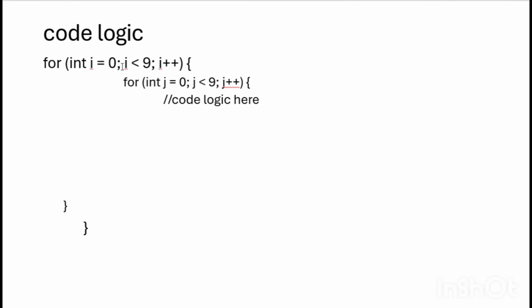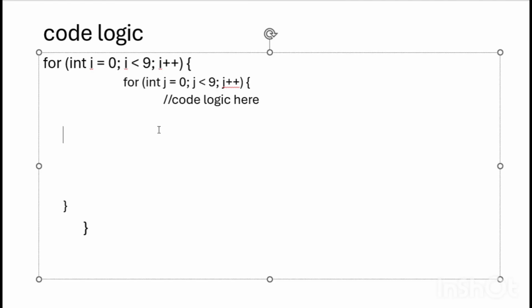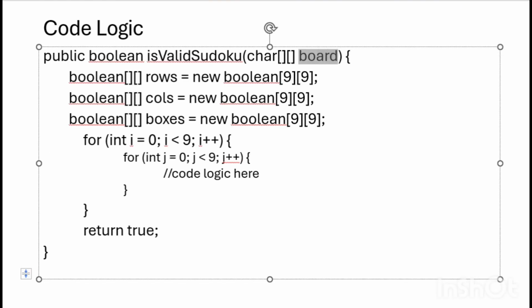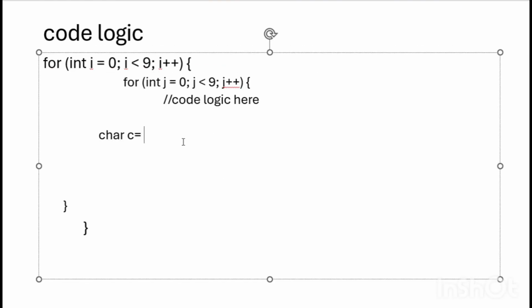Okay, so for int i equal to 0, i less than 9, i plus plus, similarly for j. Inside this, first we are going to get that character. So char c, because in the input they have mentioned that any valid digit is represented with a single character, and if it is empty then they represent it with a dot. So which array will that character be present in? The board array. So we are going to get it in board of i